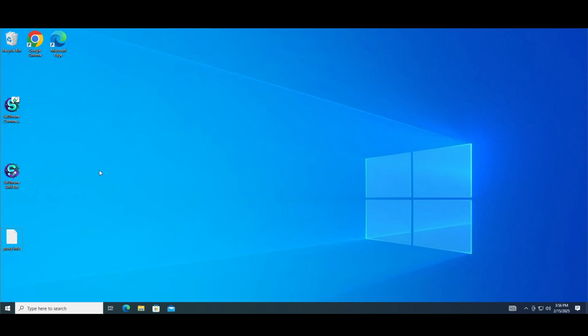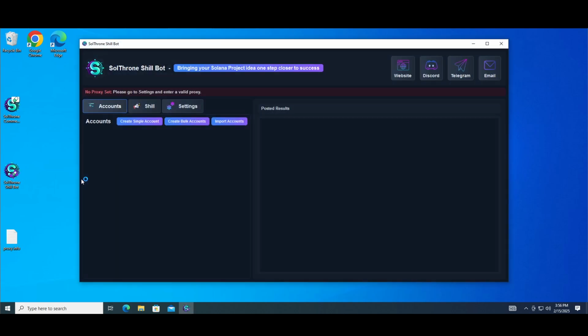Our tools are very easy to use. You don't have to install anything or know how to code. Just one click and you're ready to go. This shill bot promotes your token on other Pump Fund token pages. You can choose to target new tokens and Koth tokens, or focus on tokens with a specific market cap. If you need a bot to make your token page more active, please check out our Pump Fund comment bot.